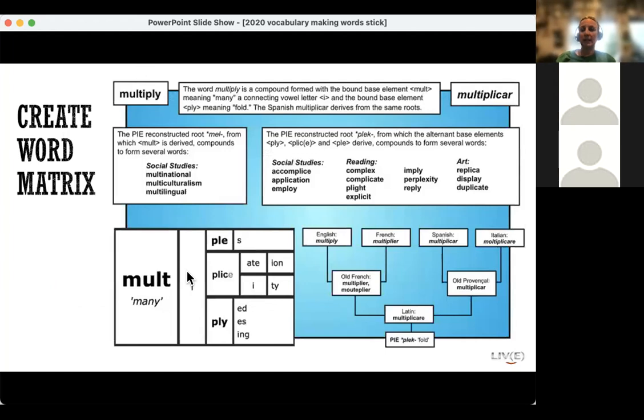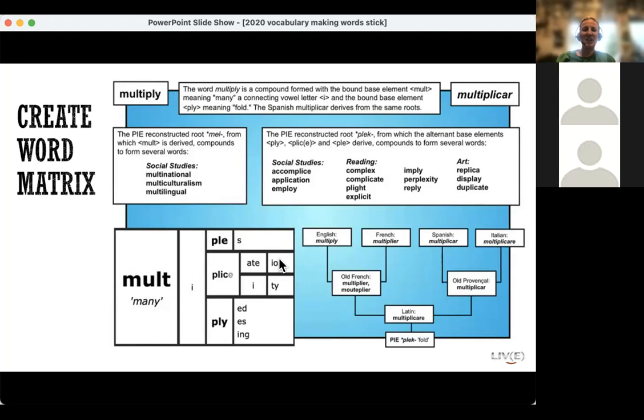You can really get into this, and this could be a way that you could study your vocabulary. Now, you might be going, oh my gosh, what does this say? But look, MULT means many. Okay, you might not have to do all these other extra pieces. That might be a little bit too much. But if you start with this MULT, many, all of these words you can make in that, right? And again, this might not be a vocabulary word that you need to do, but just think of this as an example. So multiples,